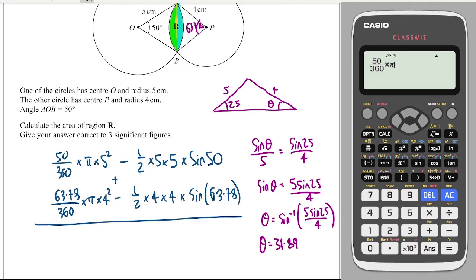Multiply by pi, multiplied by 5 squared. Okay, and then I will do minus 0.5 times 25 times sine of 50. So that top value gives me 1.33, and then the bottom one, I'll just do a few more decimal places, so 1.33275, and then the bottom one is